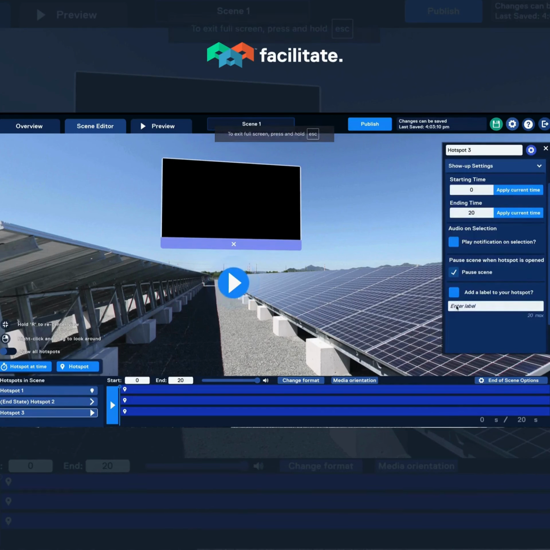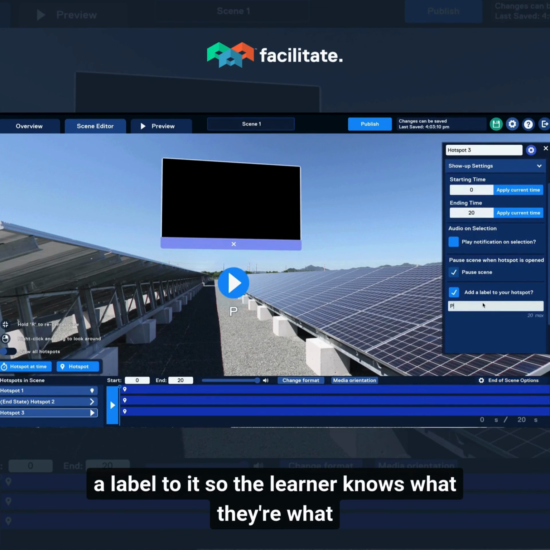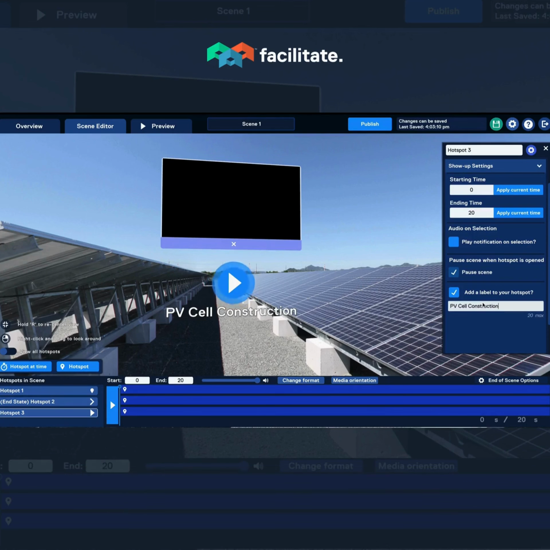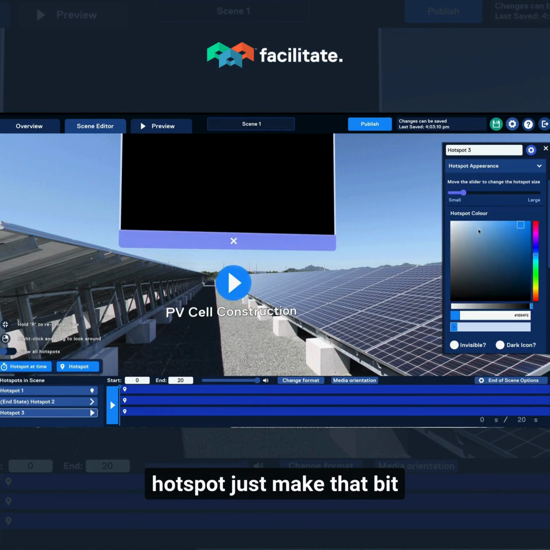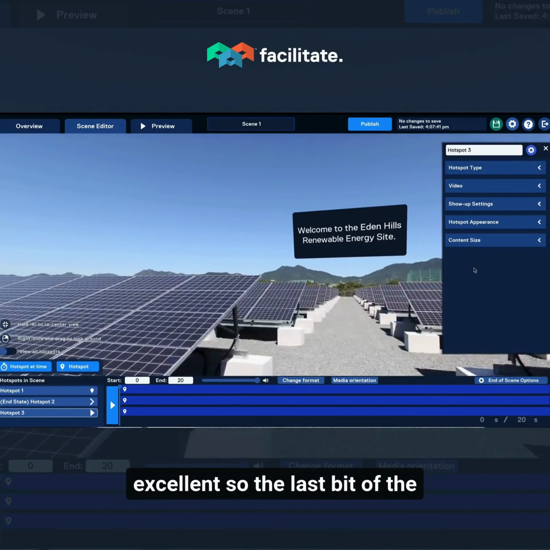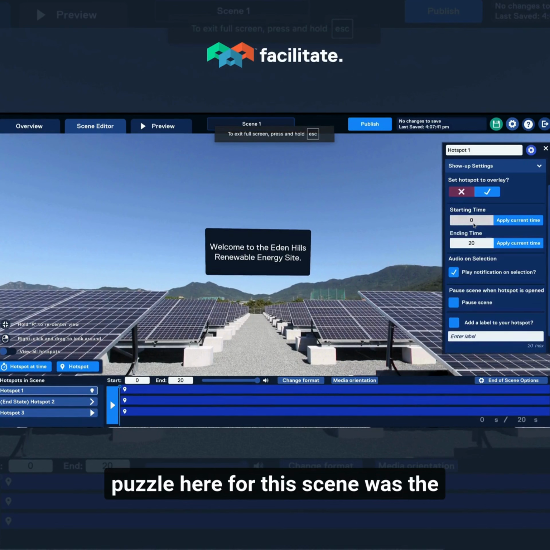So we can change some of the settings around it and make it look a little bit nicer. So we can add a label to it so the learner knows what they're going to look at when they click on it. We can change the size of the video itself and the size of the hotspot. Just make that a little bit smaller, and there we go. So that's ready to go. Excellent. So the last bit of the puzzle here for this scene was the